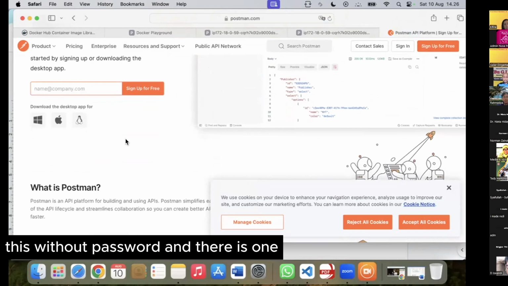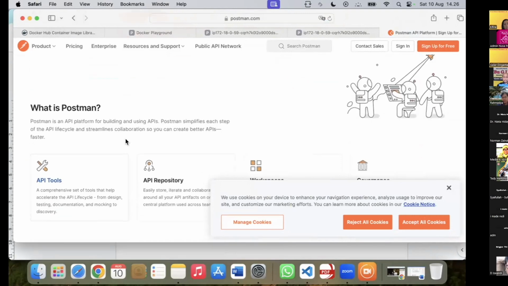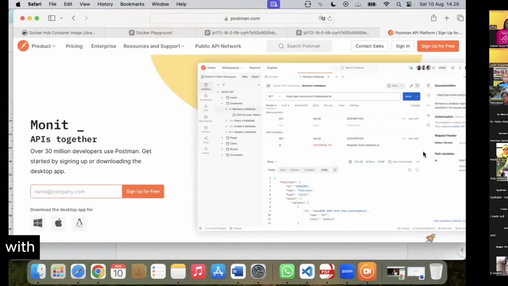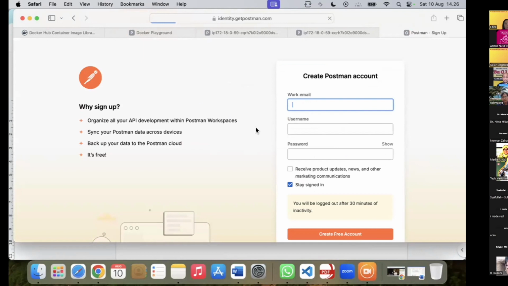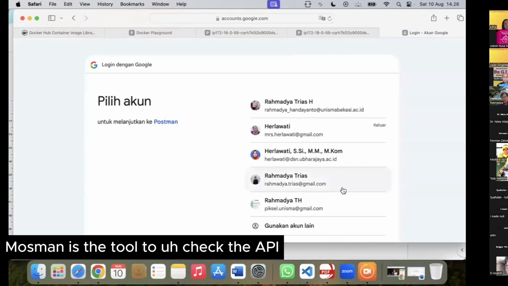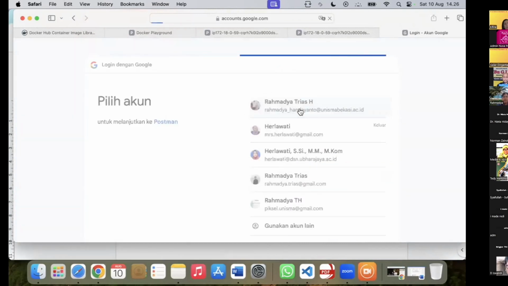This is without password, and there is one application named Postman. Postman is the tool to check the API.